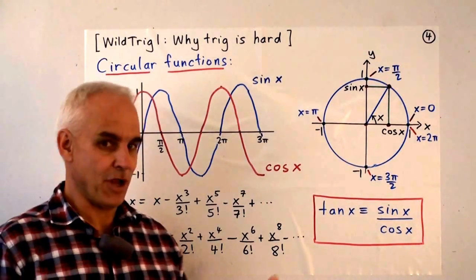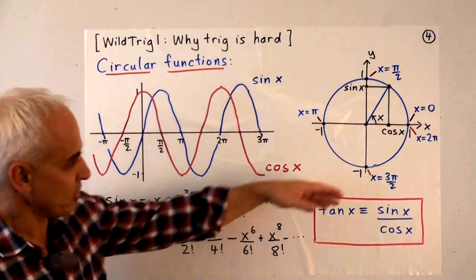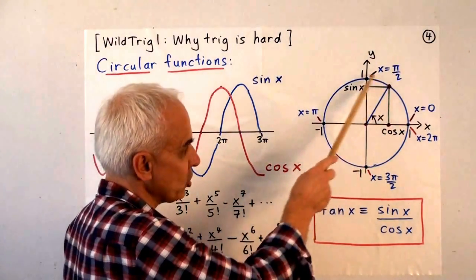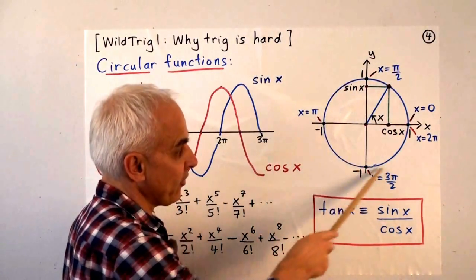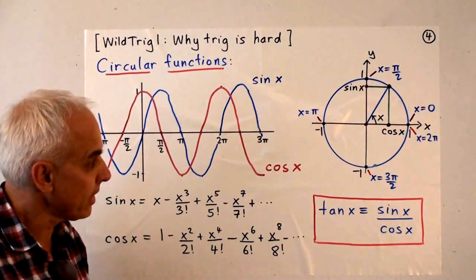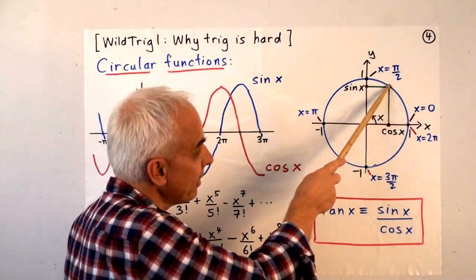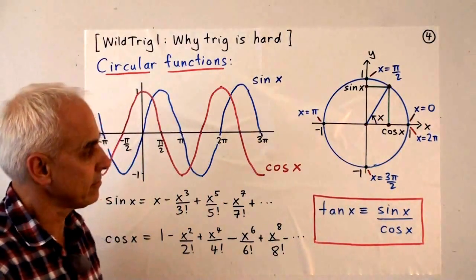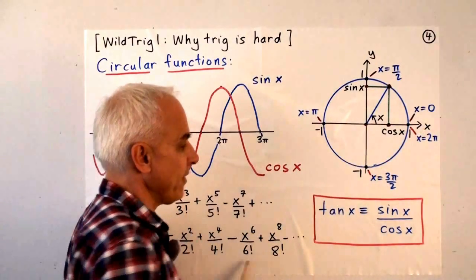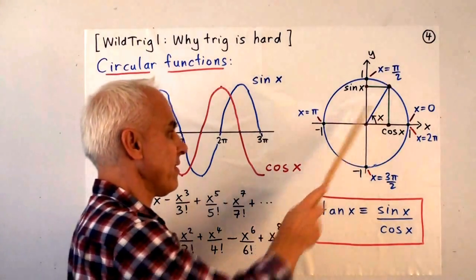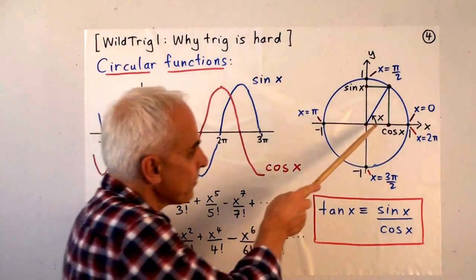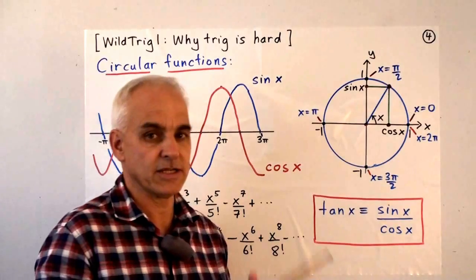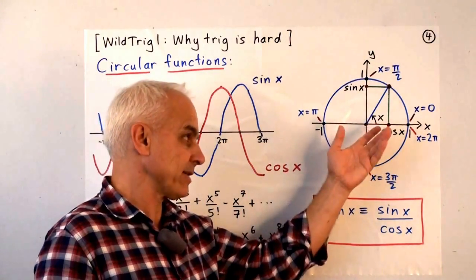Okay, there's a lot to be said about these, so let me just introduce them. Geometrically, the simplest way of thinking about them is no doubt in terms of the geometry of a circle. Here's a circle of radius 1 in the Cartesian plane, and a point on it making an angle x, let's say, with the positive x-axis. So this x is not necessarily related to that x. Maybe I should have used theta, but let's use x. What that means is that the length of that circular arc is x. That's the meaning of the angle x in radians.